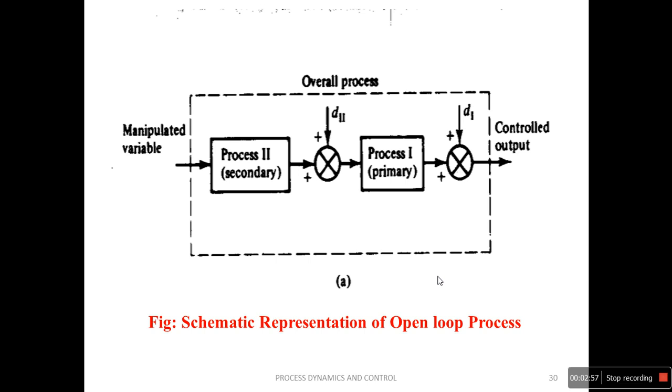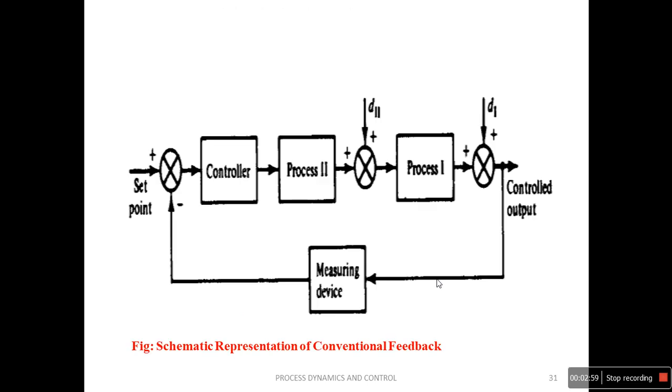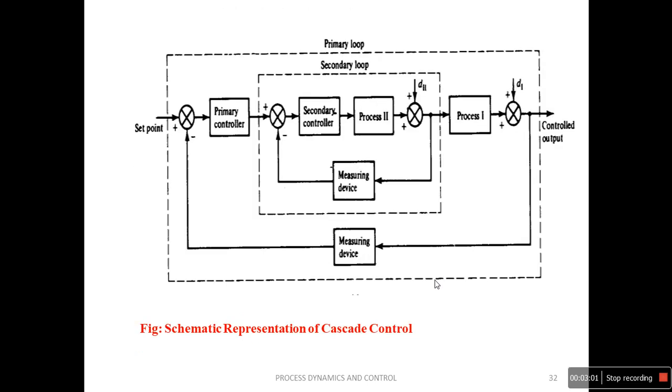So in conclusion, we have prepared a general schematic representation of cascade control, in which we have two processes, process 1 and process 2. Process 1 is also called the primary process. Process 2 is also called the secondary process. So we'll make a little comparison between this general representation and the CSTR. In this case, process 1